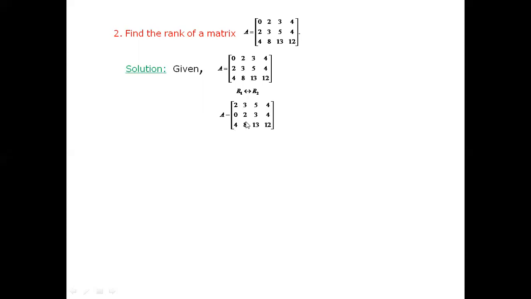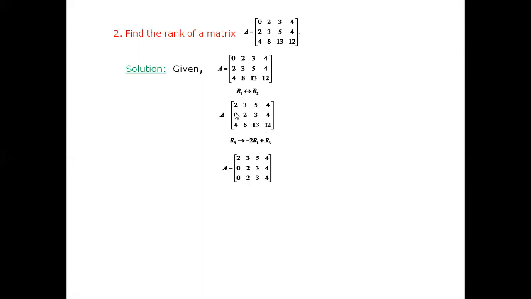Now, so what we can do, see, this is 4. Here we have 2. Let us multiply this by 2. So 2 2s are 4. Subtract, 4 minus 4 becomes 0. So let us use this operation. R3 implies, I'll multiply R1 by minus 2. Minus 2 R1 plus R3. 2 into minus 2, minus 4. Minus 4 plus 4, 0. So this element becomes 0. Let us use this transformation to change this.